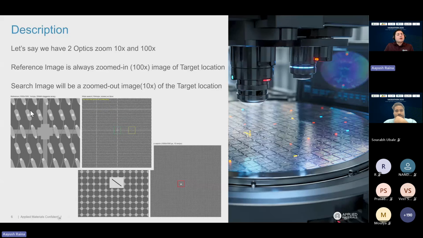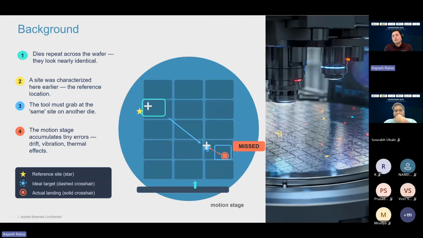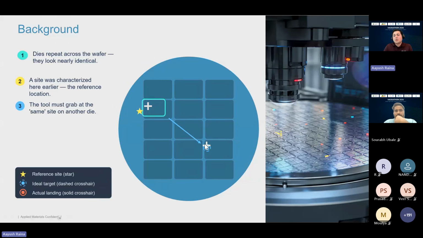Now let's say my camera has two zoom levels, 10x and 100x. At 10x, my image looks like this. If I zoom into a green area, my image will look like this, big. This was my plus sign before in my image here. So this is my reference plus star sign. I'm coming to this die, but I don't want to come to the wrong location. So I take a zoomed-out image at 10x. The plus sign is my 100x image, and over here, I want to take a 10x image.